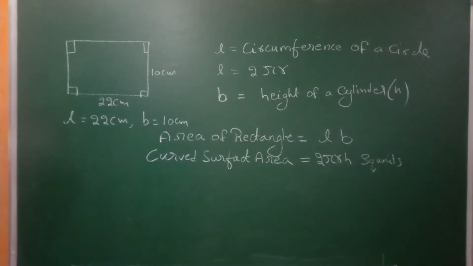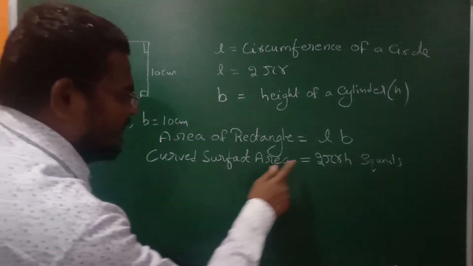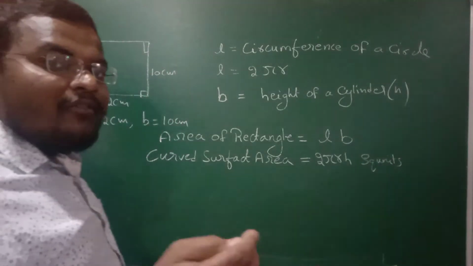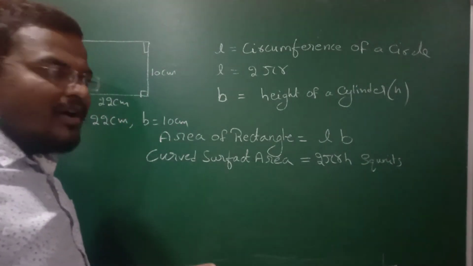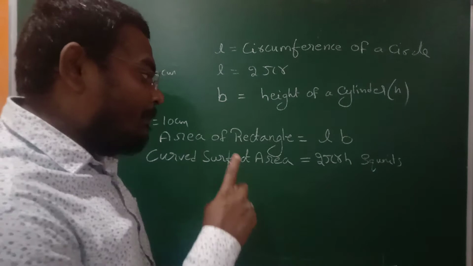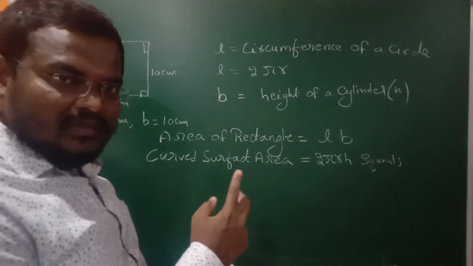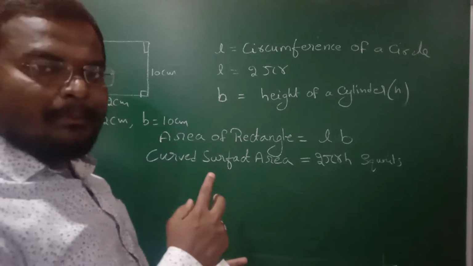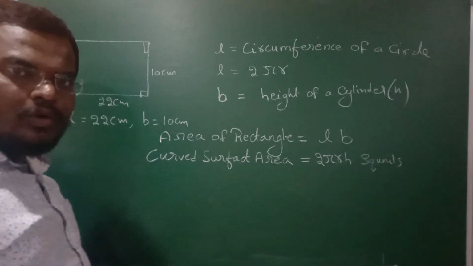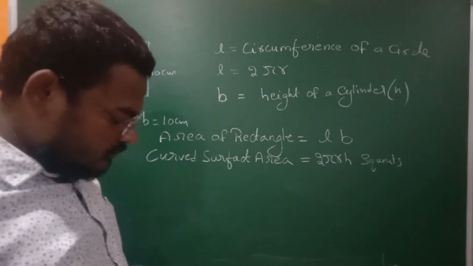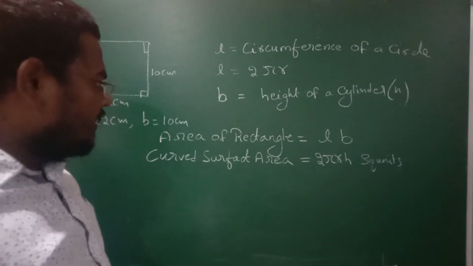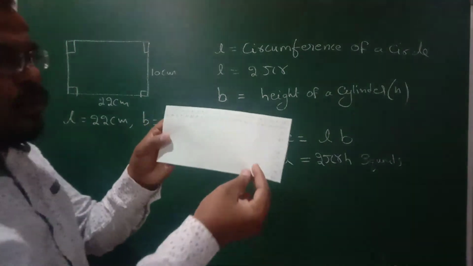So dear friends, you can see here that the curved surface area of a cylinder can be written as 2 pi r h square units. We can also remember this: curved surface area is equal to the circumference of the base into height, or else perimeter of the base into height. As a cylinder is a family of prisms, we can use that one, right? Now let us calculate whether we get the correct answer or not. See, the area of a rectangle, you can see here.